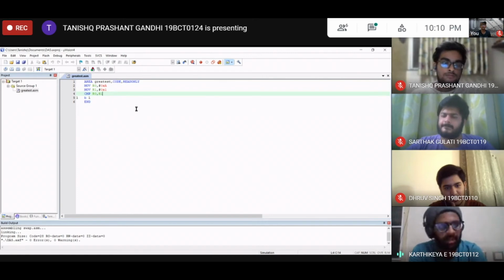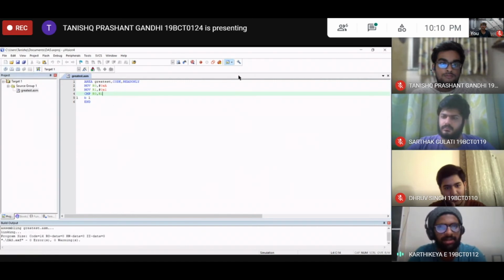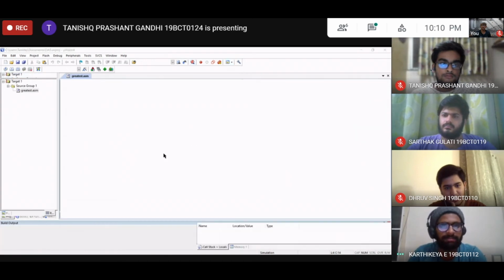Now the fifth line, as we've already told, is actually a branching statement. This is just to ensure that the program doesn't go into a repetitive loop. And the sixth line says that this is the end of the program. Now to run the program, we first translate and build the program. Now we can see we have 0 errors and 0 warnings. And now we go step by step.